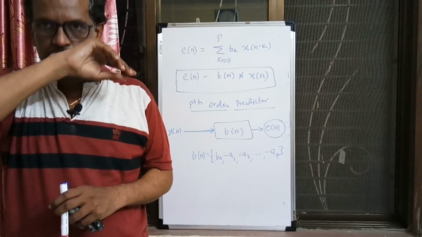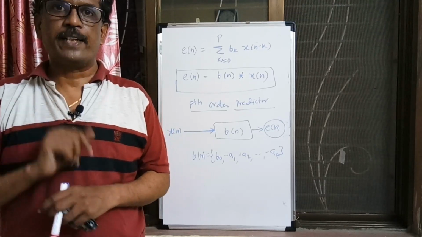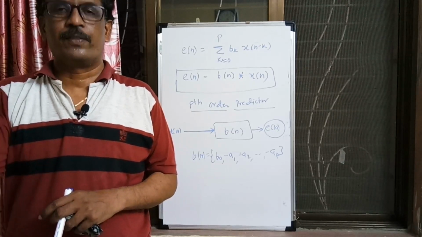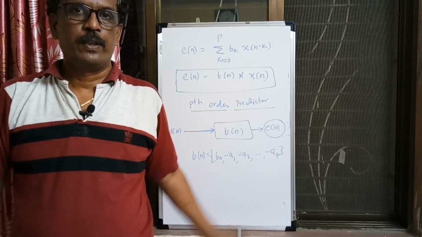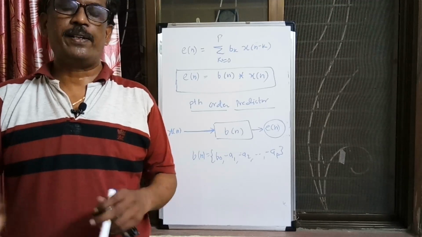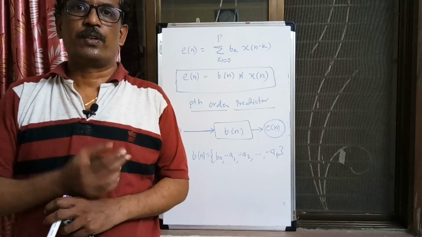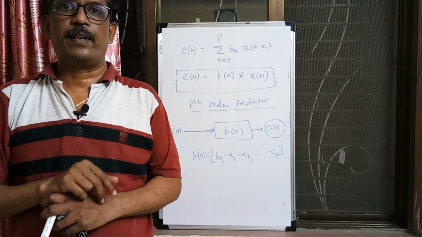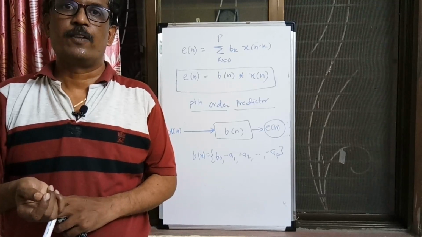So whenever you want to send a signal, let us say the signal has 20,000 samples, then instead of sending the signal, you can send B of n, just p plus 1 coefficients, where the 0th coefficient b0 is 1. So for 10,000 samples, we can have, let us say, 10 coefficients. If you send these 10 coefficients to the receiver side,